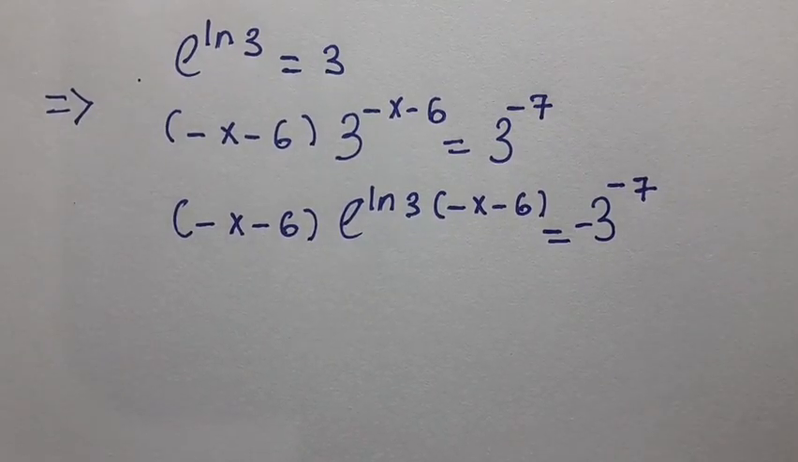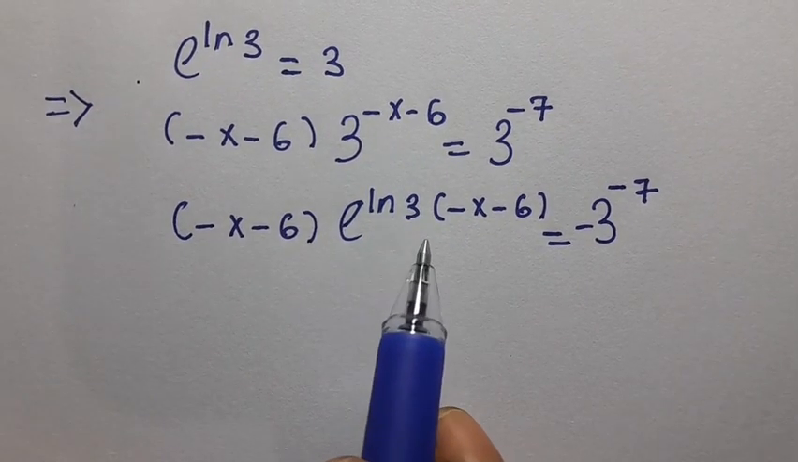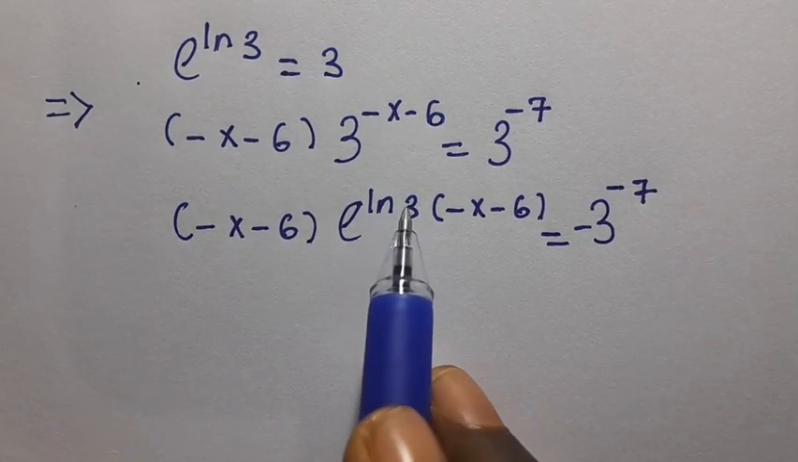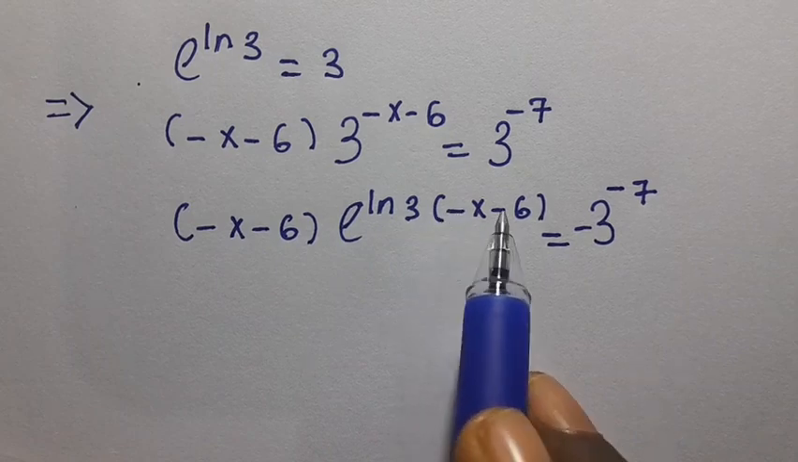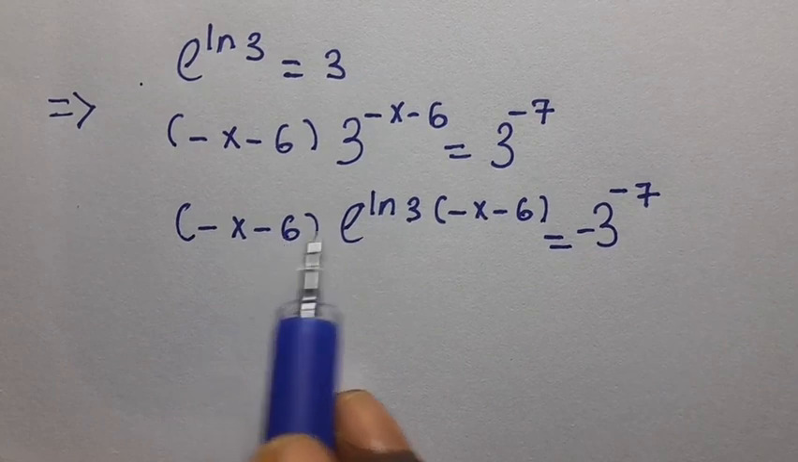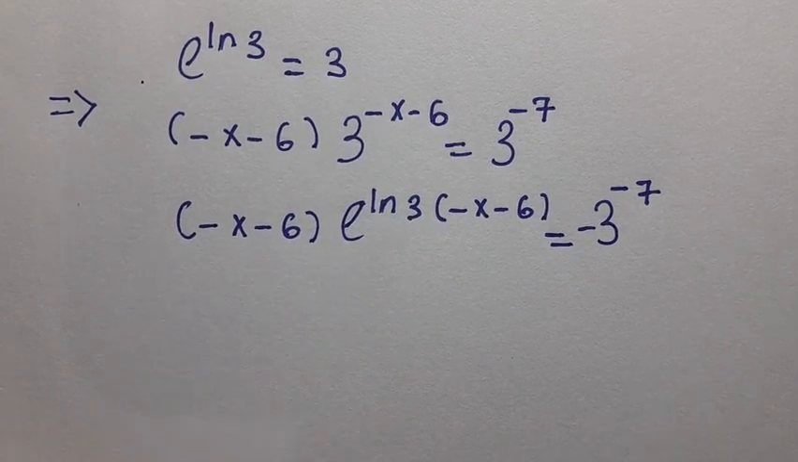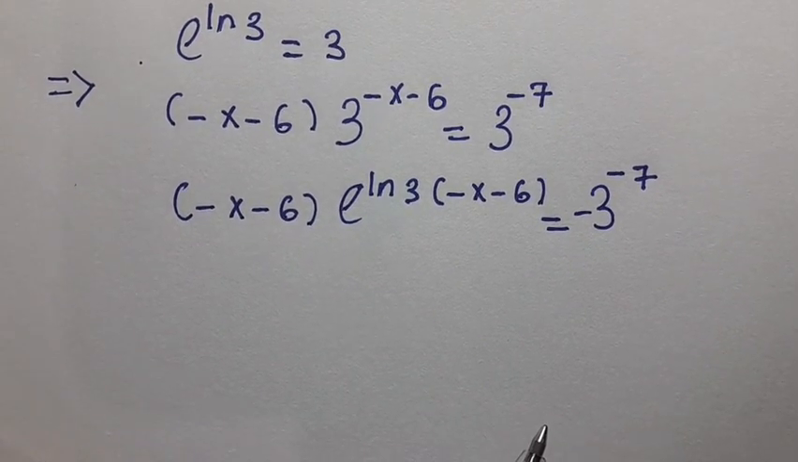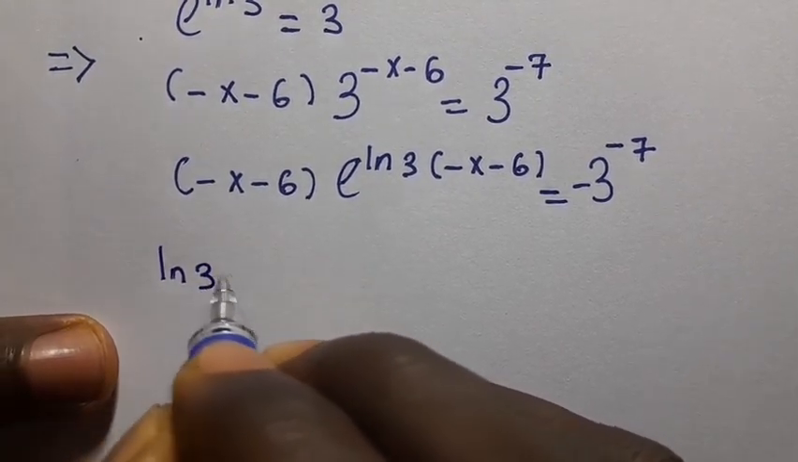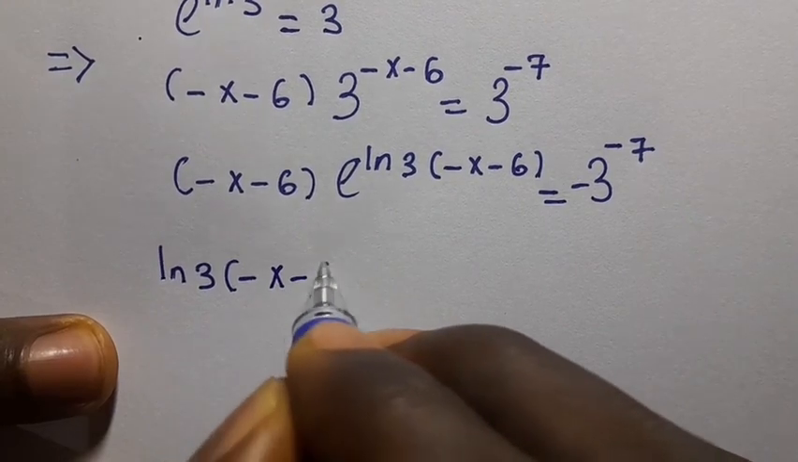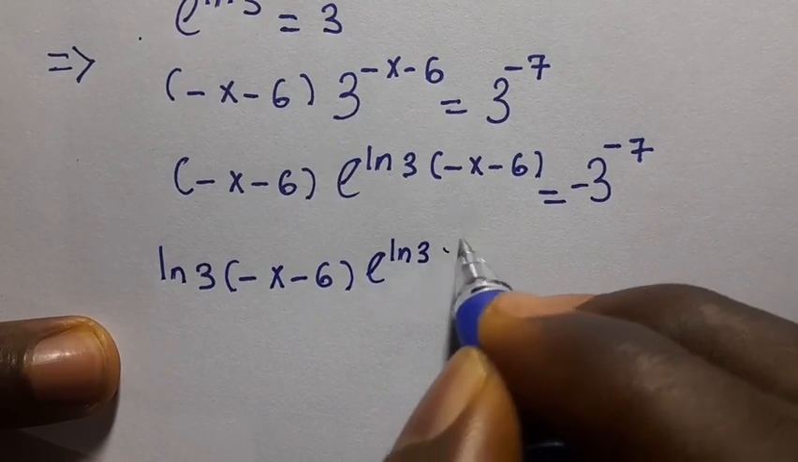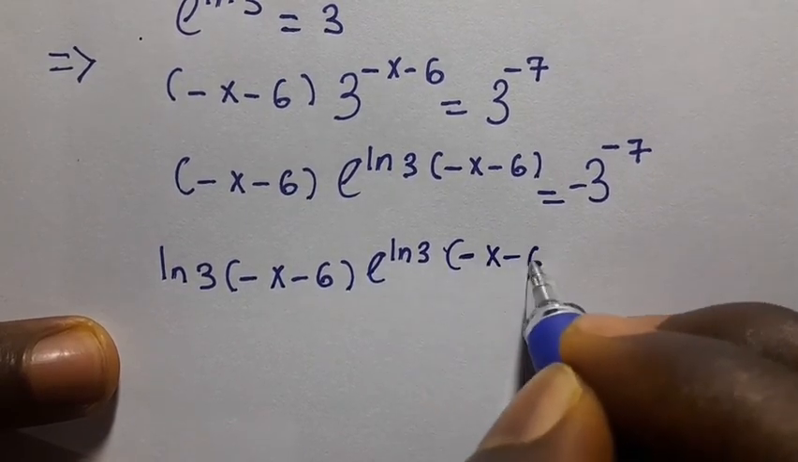So the next thing is that we have here again, the power is different from the base. We have ln 3 into bracket of x minus 6. So here we have it to be minus x minus 6. Here also must be half ln. So let's multiply through by ln 3. In that case, we are going to have ln 3 into bracket of minus x minus 6. Then exponential ln 3 into bracket of minus x minus 6